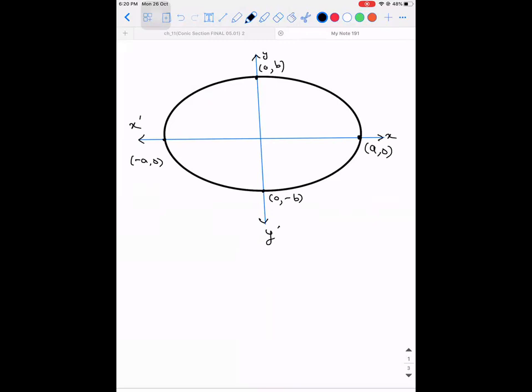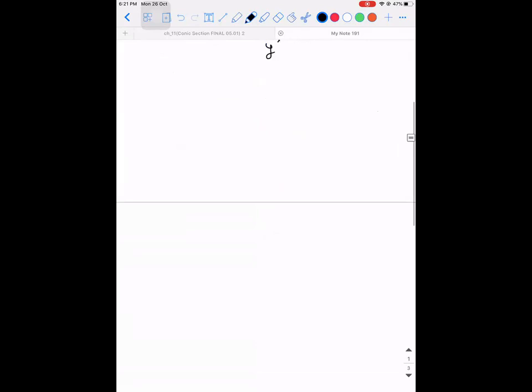X dash, y dash. So the center is called the origin, right? I hope you guys remember this point. So this is a horizontal ellipse. Let me just give you some introduction, then I will take you through the derivation. Okay. The next is